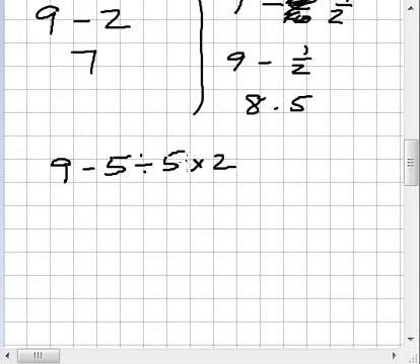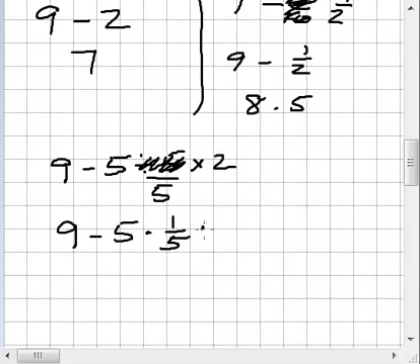Here's what you would have had to do if you wanted to do that multiplication first. You know that 5 divide 5? This isn't actually in the numerator. When I have the divide 5, it really means, agreed? So, what you're going to have is you're going to have 9 minus 5 times 1/5 times 2. Now when you multiply these two together, what do you do? You multiply the top with the top and the bottom with the bottom. So you'll have 9 minus 5